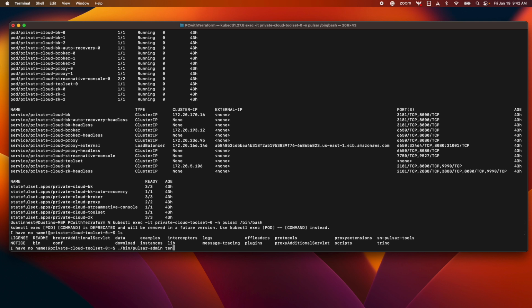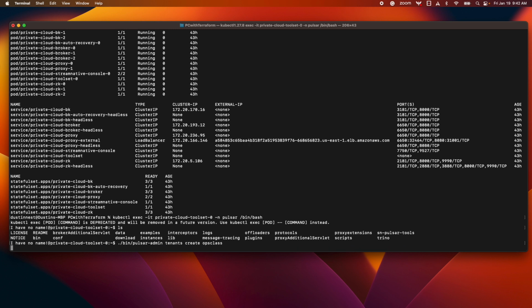so the command again, you have your first part of your command, so here it's going to be tenants, and then create, and then we're going to create a new tenant called opsclass. And then once we create that tenant, we're going to create a namespace inside of there, and that's going to